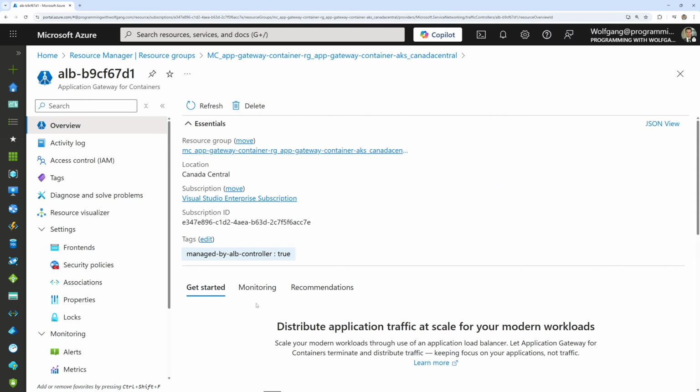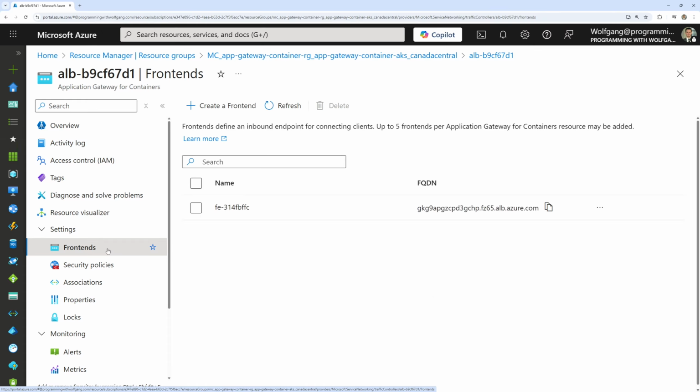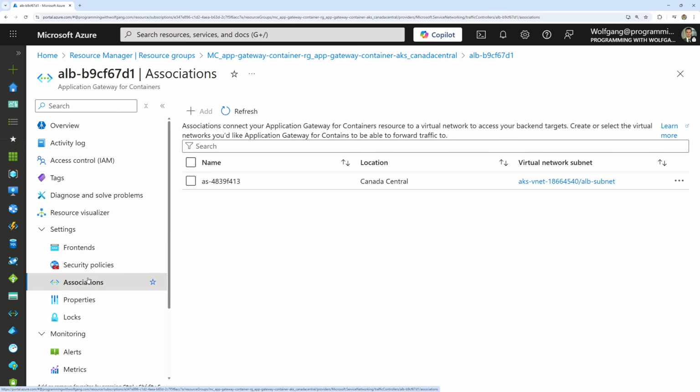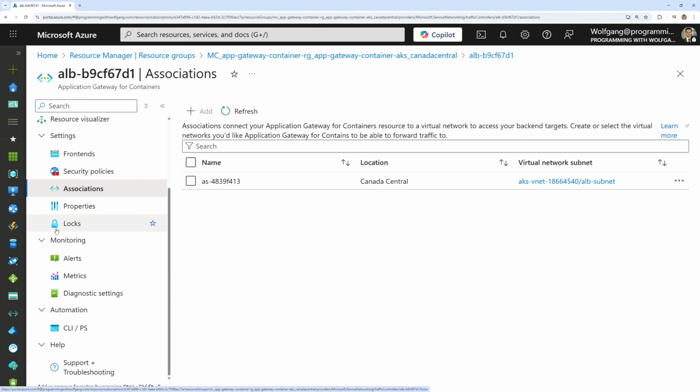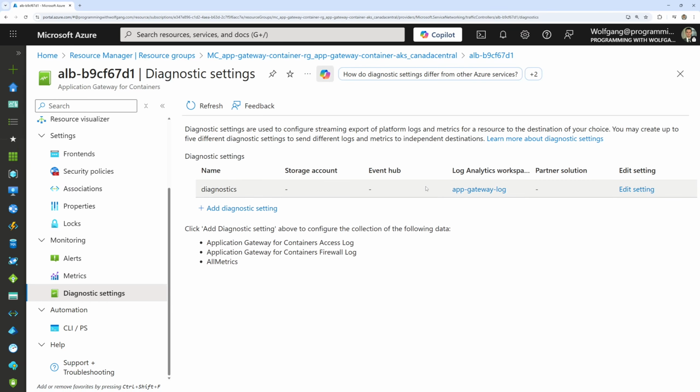If you open this, as we have seen in one of the first videos, there's not much we can configure. We have something like the frontend, where we can see our gateway. We have the association, where we have the link to our VNet. If you scroll down a bit, we have here this monitoring section, which is almost the same for each service, because that's the Azure monitoring features we have. So if you take this last one, the diagnostic settings, then you can see here, there's already something configured,